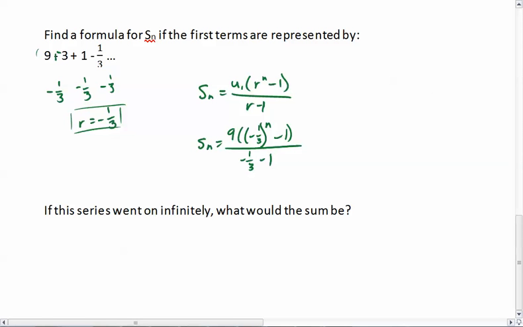So from here, if you wanted to find a specific term, you can do that. However, what we're going to do is say, okay, if this series went on infinitely, if it went on forever and ever, what would the sum be? Well, you may say, it's going on forever, it should add up to be infinity or negative infinity. Well, the answer is no, it doesn't. Quite simply because